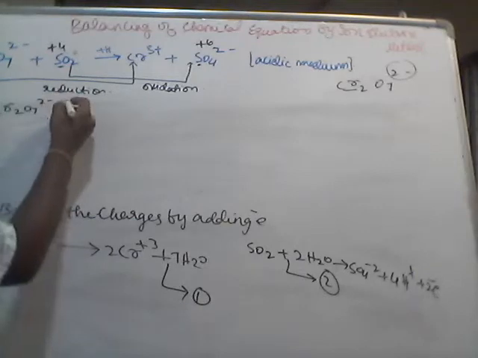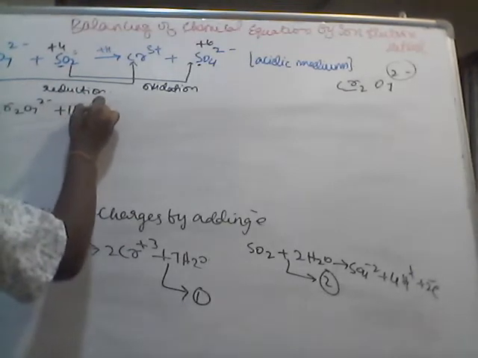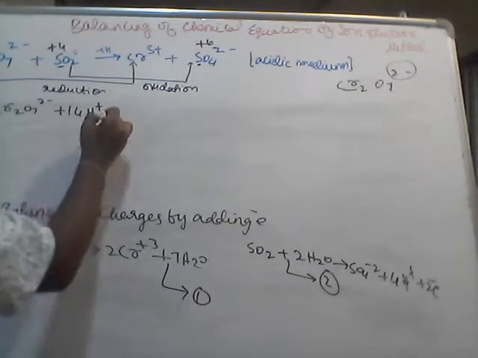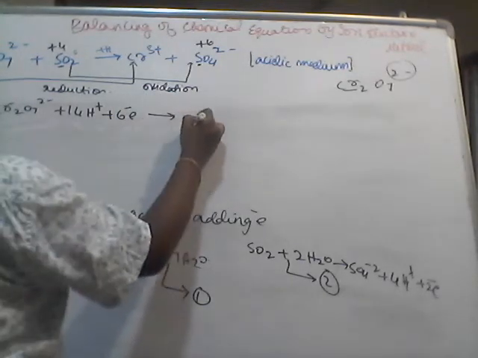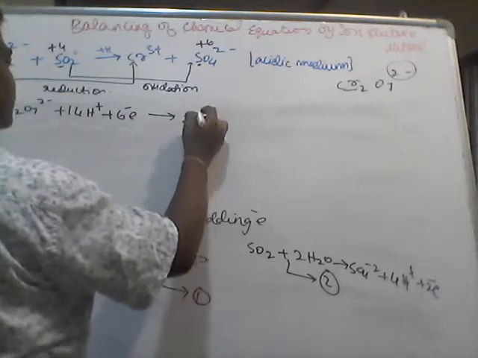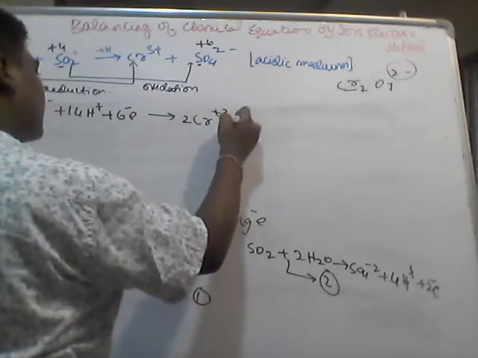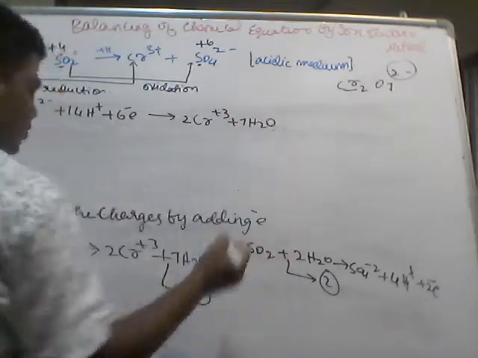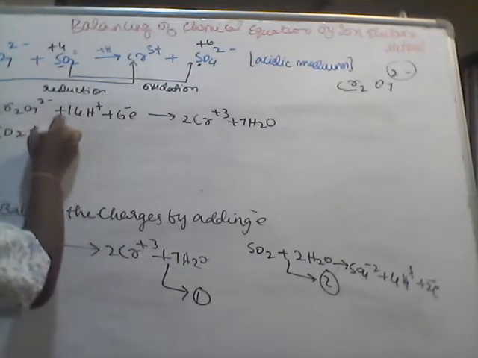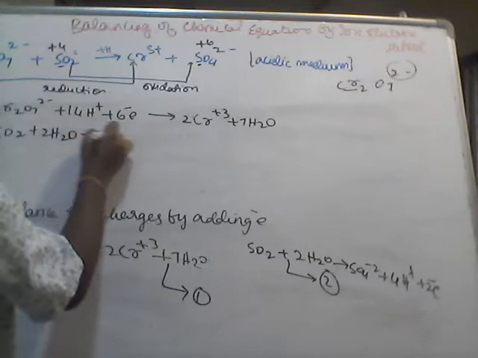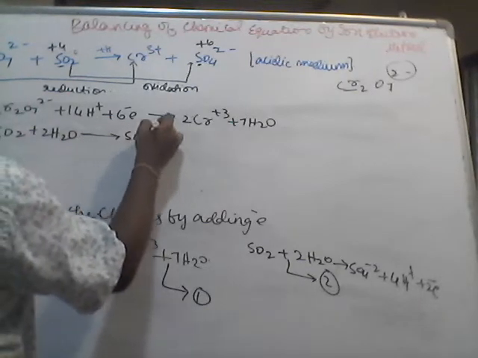Cr2O7 2 minus plus 14H plus plus 6 electrons gives 2Cr plus 3 plus 7H2O. This is the first equation. Second equation, SO2 plus 2H2O gives SO4 minus 2